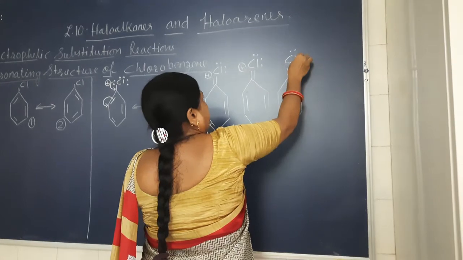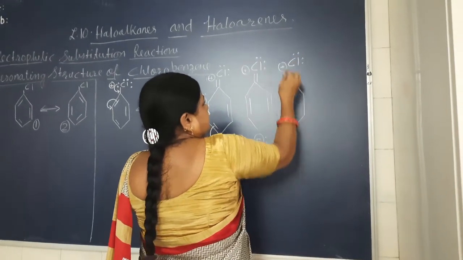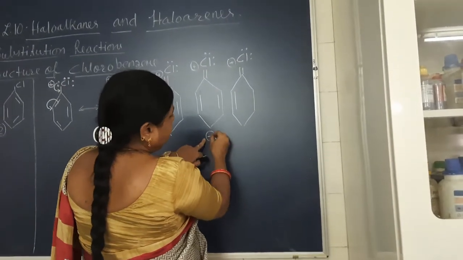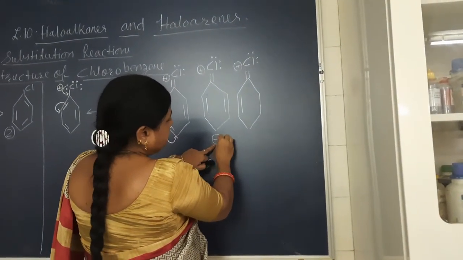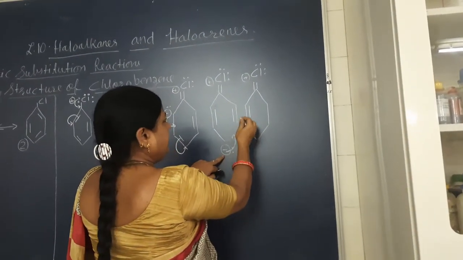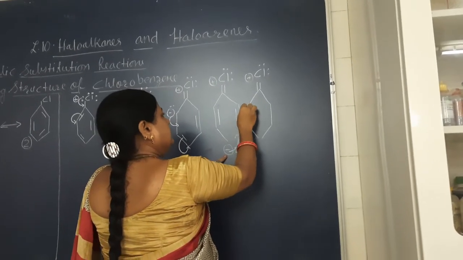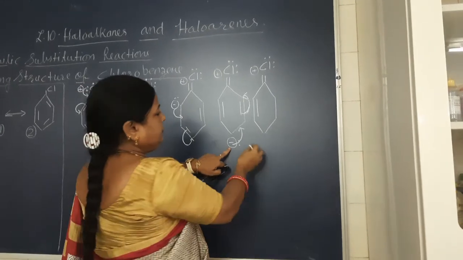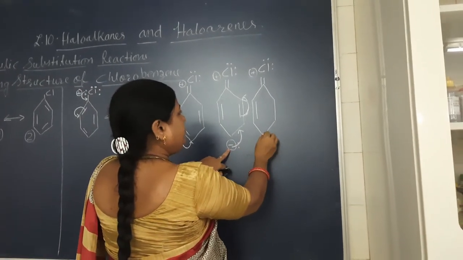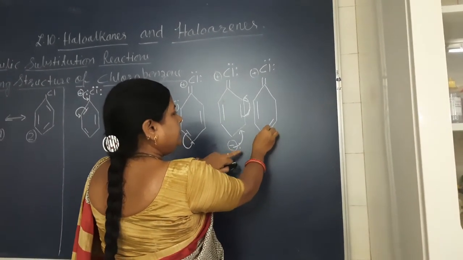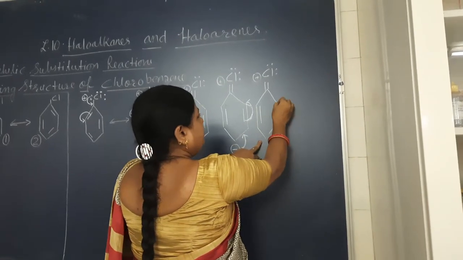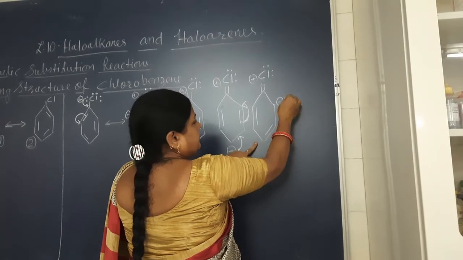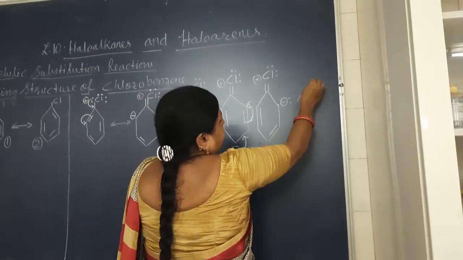Next is 1, 2, 3, 4, plus charge. Now this story is over. Now these two electrons, okay beta? This will move here and the pi electrons to this corner. Can you see? So what will be there? These electrons have moved here, so here a double bond will be formed. And these electrons have moved here, so here a minus charge with 2 electrons. So the next step would be,